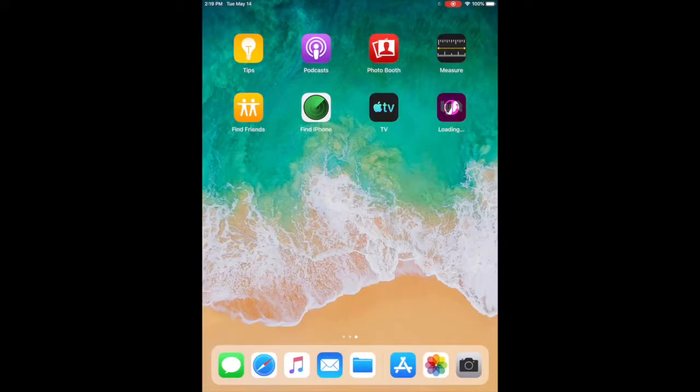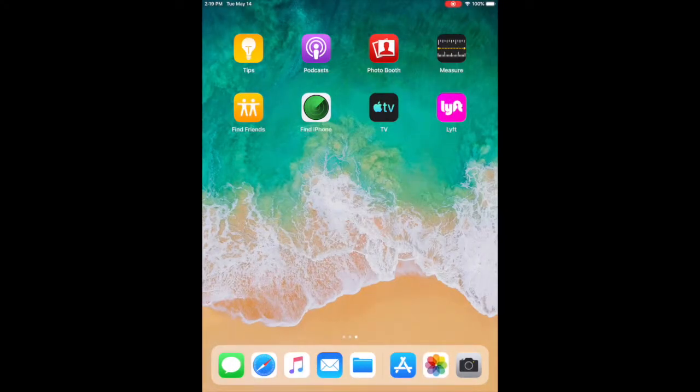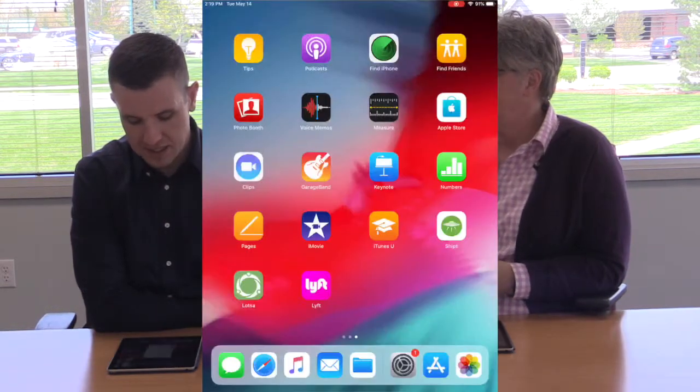If you tap your home button and go back to your home screen, you should see the Lyft app downloading onto your screen. Once it's full color, you can tap on it and get started. So now we're going to go into the app and show you how to use a few of its services. To begin, tap on Lyft